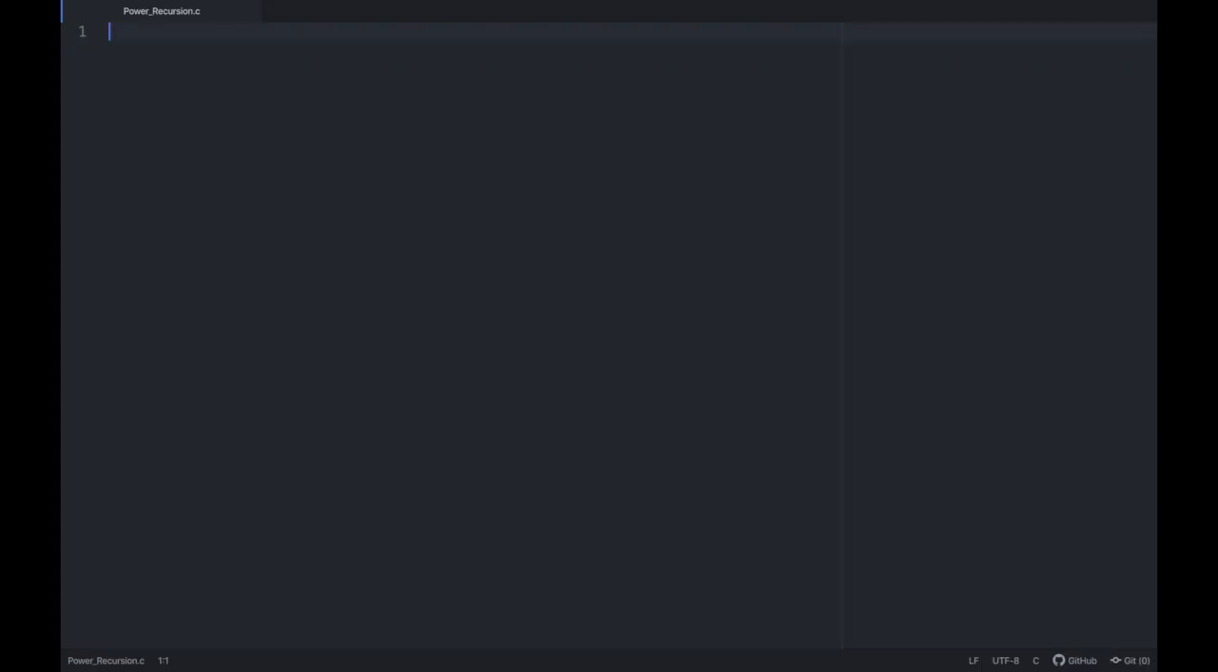So let us code for this recursive algorithm in our text editor. I'm going to code for the power of a number recursive function first in C language. I have my text editor open on my screen, and I saved the file as power_recursion.c. So let's include the basic header file first,